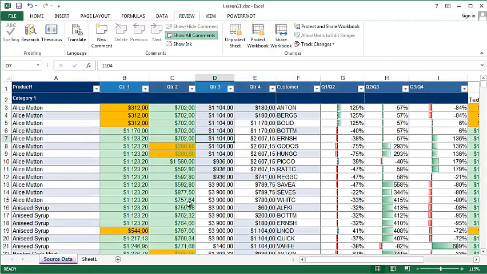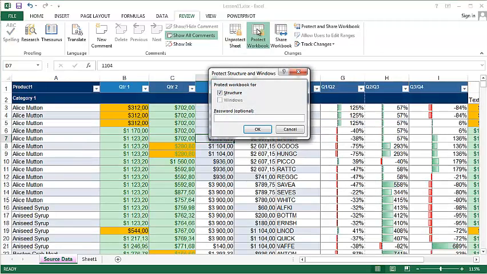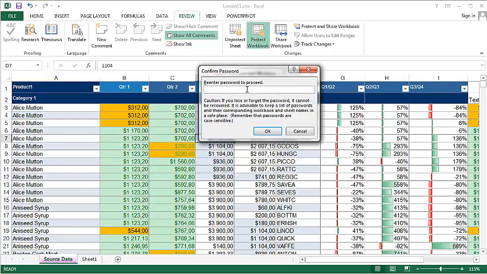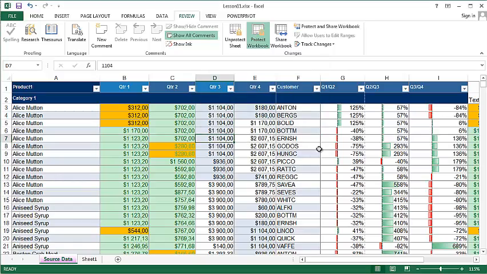But I want to protect the entire workbook, so the entire file. This doesn't really have any options, because this will basically protect the entire workbook from any possible changes anyone can do. So type in password. Again, okay, and again password, and okay. This will